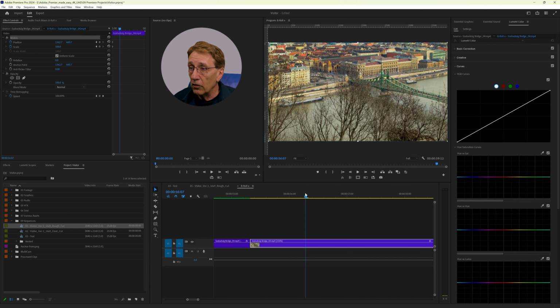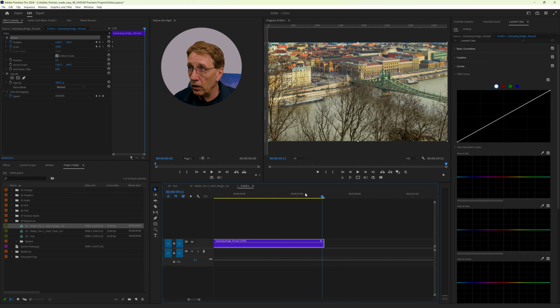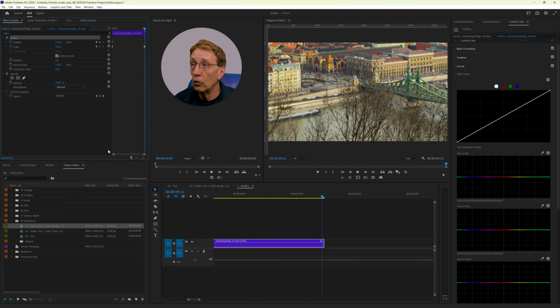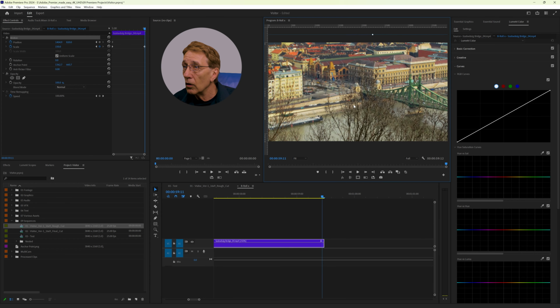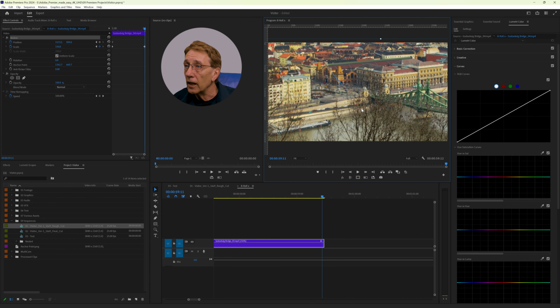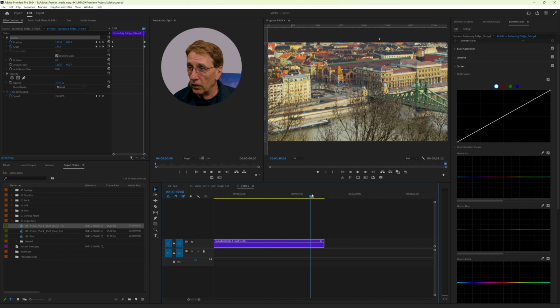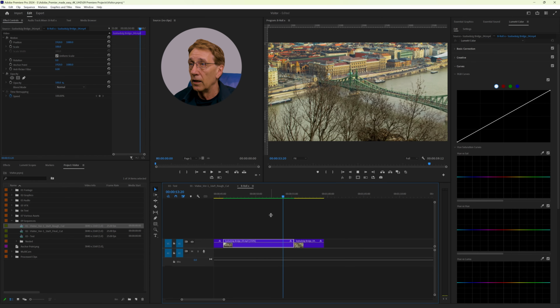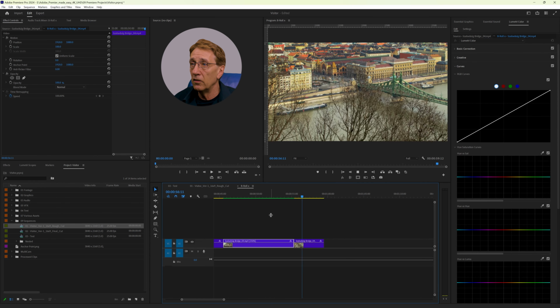So I go to the end of my clip, arrow down, and now I zoom in 150%, and it zooms towards the anchor point. Here's the anchor point, but I can still readjust it a little bit. I want to end here. So now we zoom out a little bit, and we see the pan ends here. And when the camera stops panning, it zooms in.